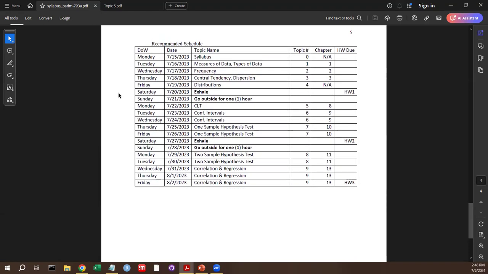And here's the recommended schedule. In some ways, you can go as fast or as slow as you'd like, but there are due dates for the homeworks. For example, homework 1 is due this first Saturday. These dates are wrong. I have to update those. I think the one on eCampus should be updated. But anyway,